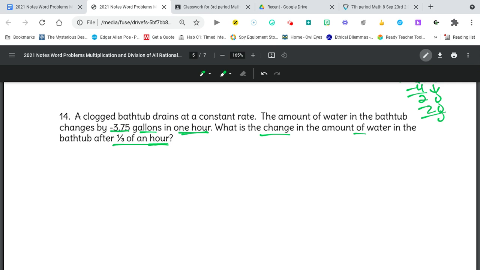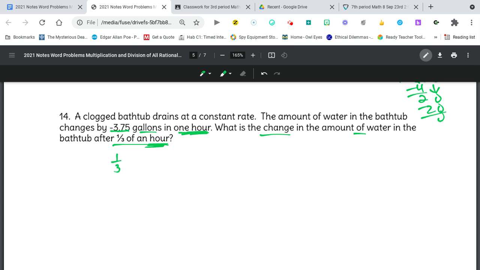All right, guys. I'm sorry. Let's go ahead and pick up with that problem. I had to step away for just a minute. All right, so it says, what is the change in the amount of water in the bathtub after a third of an hour? So this is in terms of hours, and that's in terms of hours. Okay, so